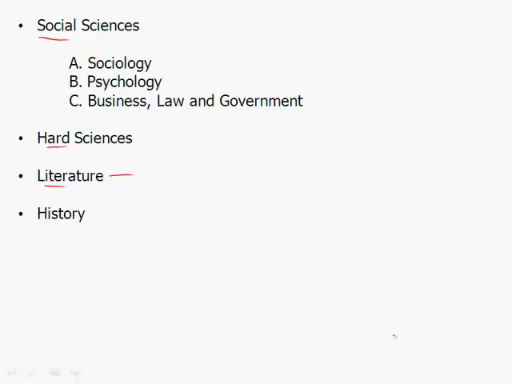Now, I should probably explain here. By literature, I don't actually mean that you're going to read a passage about Virginia Woolf or written by Virginia Woolf. That is, it's not going to be Virginia Woolf's novel, but it's going to be someone writing a dissertation or a scholarly paper about some specific aspect of Virginia Woolf. Or take history. Then it's not going to be a history textbook with a bunch of dates, facts, and figures, but rather it's going to be a very specific topic from history written in an academic style.